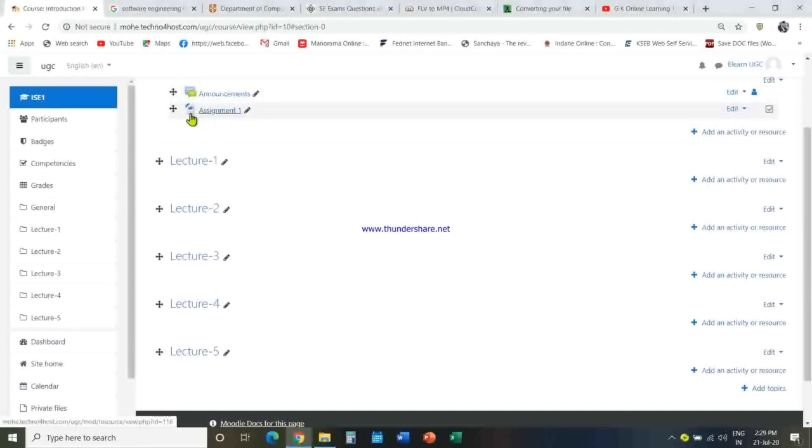Now announcement is the heading and assignment is a subsection. So we can just use a tab option and move it a little bit forward. For that, go to edit and move to the right. It is moved a little bit right. Again, if you want to move it to the right, it can be moved again. If you want to move it back, go to edit and move to the left, the same way.